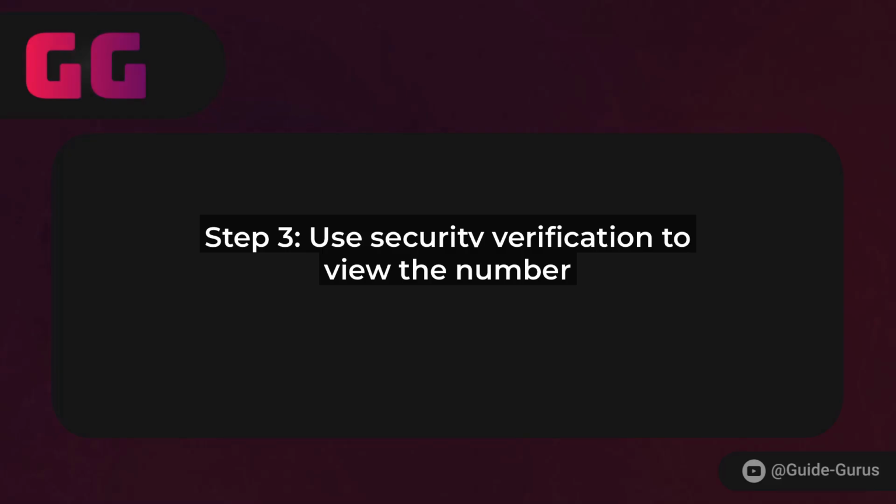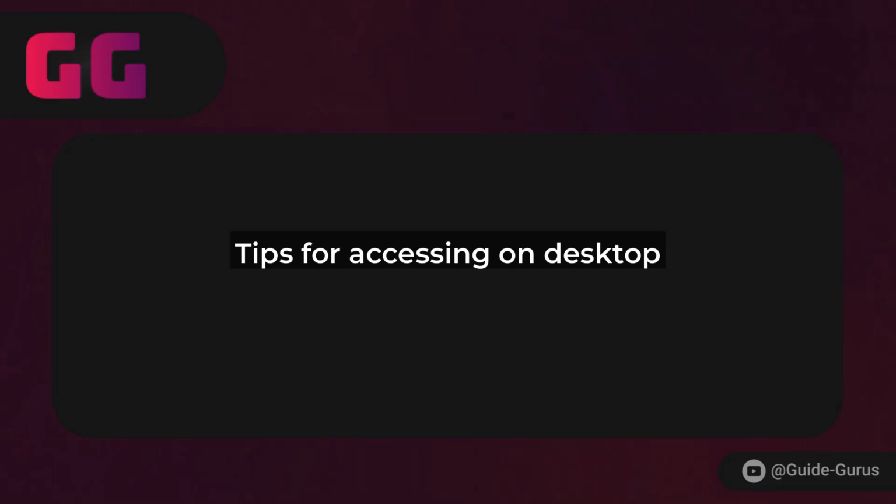Step 3. For the 2025 update, Wise now has a View Details button with an extra layer of security. You'll be prompted to enter your PIN or use biometric verification, like fingerprint or Face ID. After that, your card number will appear on screen, but remember, it's only visible for a short time to protect